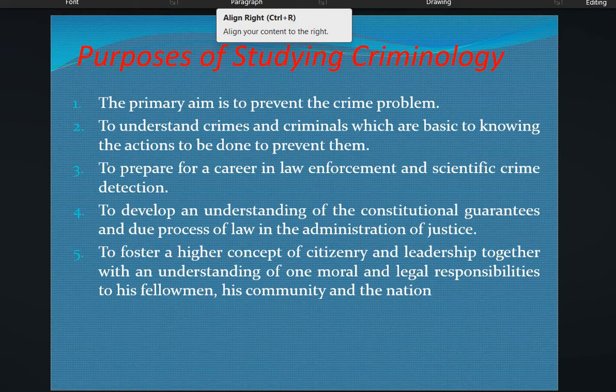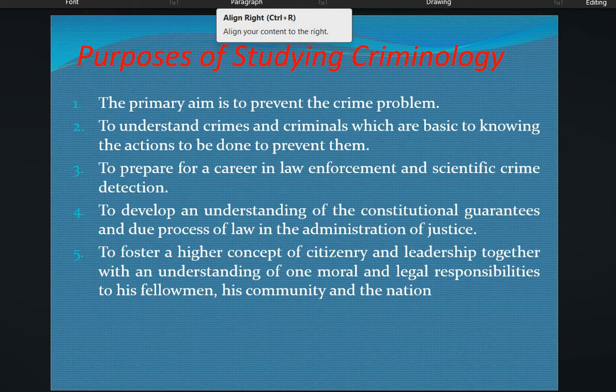Number two is to understand crimes and criminals, which are basic to knowing actions to be done to prevent them. Number three, to prepare for a career in law enforcement and scientific crime detection. To career. So, ibig sabihin, it's either after you graduate ng criminology, after passing the board exam, you can be part of the law enforcement agency. So, ano yung mga law enforcement agencies na yon? You can be a part of the NBI, PDEA, PNP, MMDA, LTO, LTFRB, and others. So, kahit na anong klase ng law enforcement agency, or you can be a member of the BGMP, the Bureau